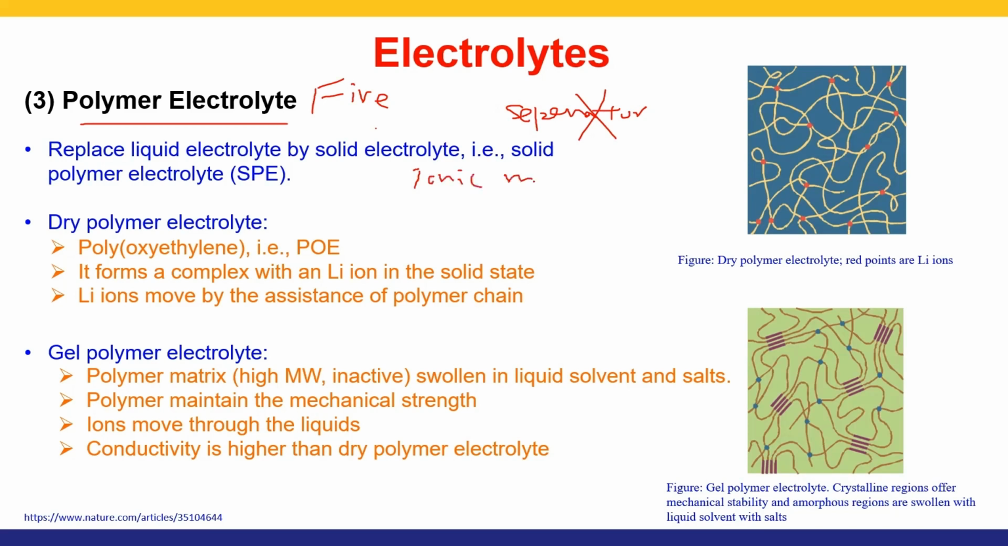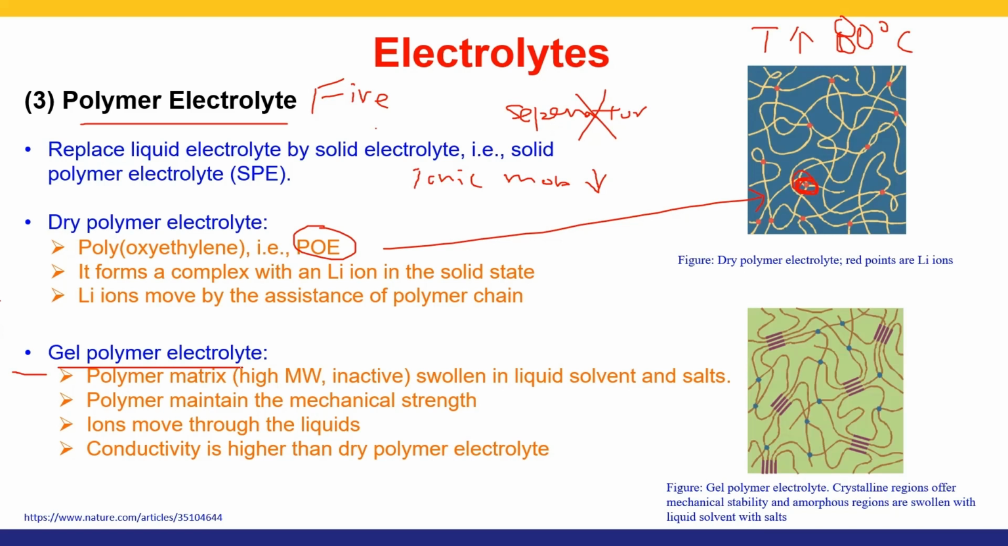Here we have dry polymer electrolyte and gel polymer electrolyte. The dry polymer electrolyte is called POE. It forms a complex with the ion in a solid state. So usually, if the temperature increases to around 80 degrees C, the lithium ion can move more easily by assistance of the polymer chain. And then we have gel-like polymer electrolyte, which is where we put the polymer in a liquid